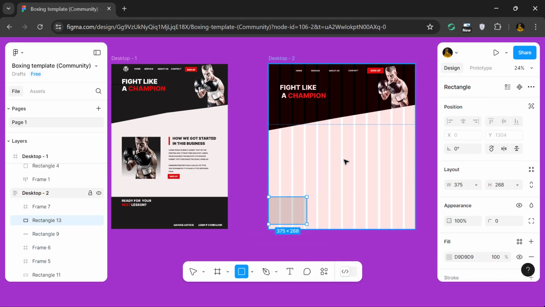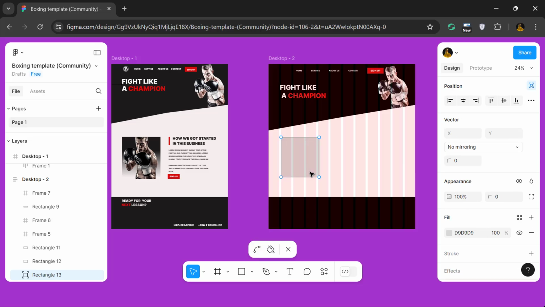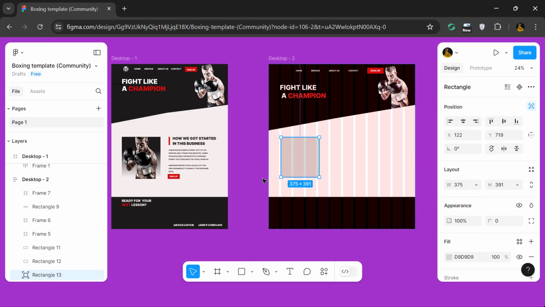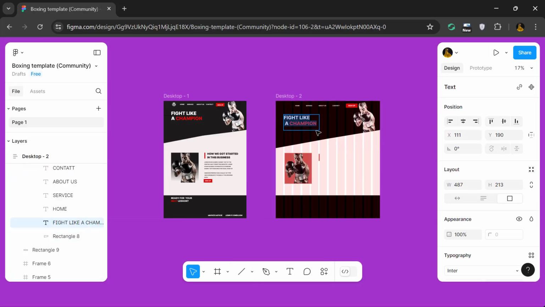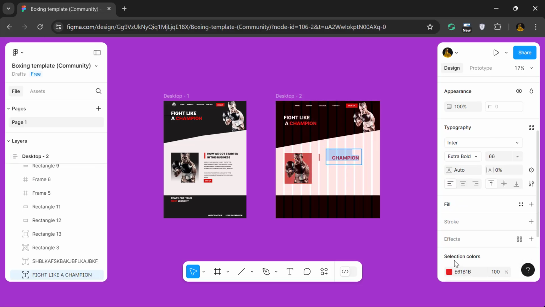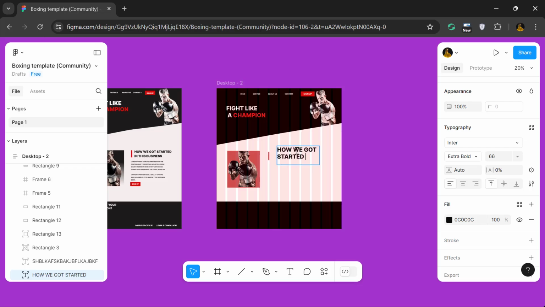Create overlapping elements using Figma's layering capabilities, such as diagonal shapes. Adjust opacity and gradients for text layers with specific fonts and styles like bold and uppercase. Adjust line heights and text